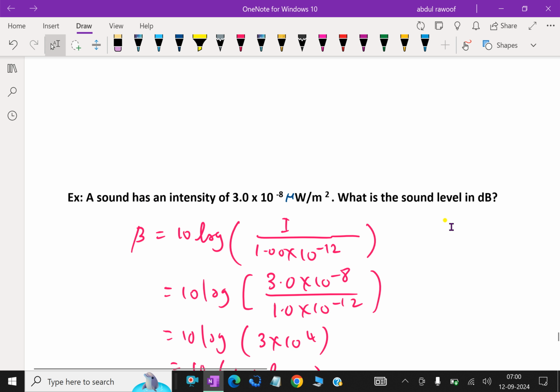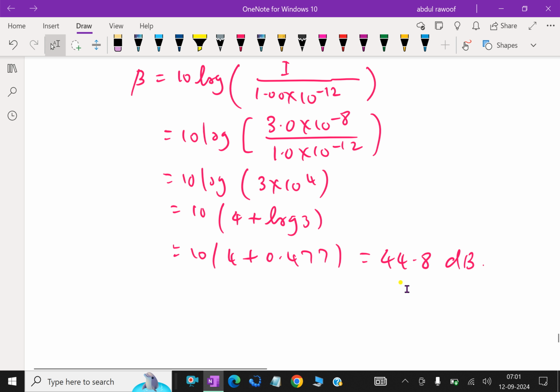Here, in decibel, the sound level of that intensity of the sound, 3 into 10 power minus 8, is here 44.8 decibels. Next one,